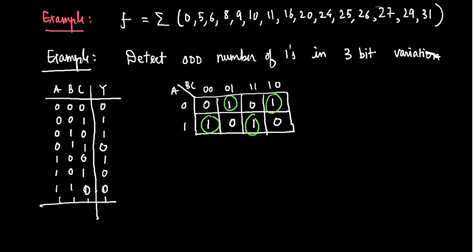So what is the expression, you tell me. A B bar C bar, or A bar B bar C, or A B C, or A bar B C bar. Okay, so observe first, then write. So this is the expression F. K-map is used for minimization, but with the K-map and the basic gates AND, OR and NOT,